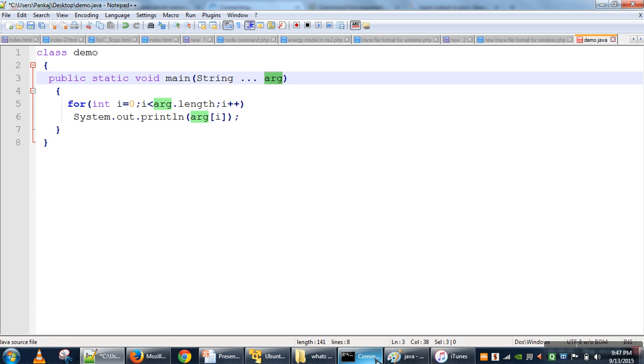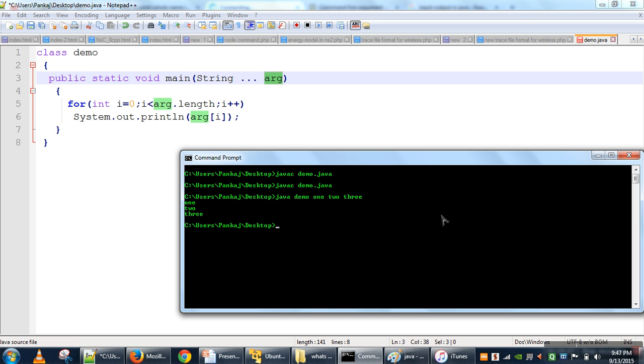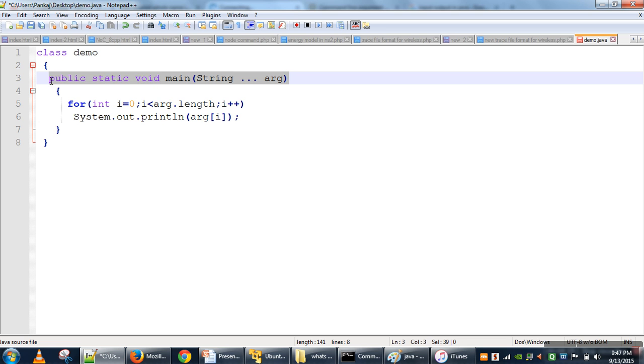Whenever we specify arguments, say 1 2 3, three arguments, this variable stores those 3 arguments in the form of an array. So this notation is also fine for Java. String triple dot arg is actually a variable argument.